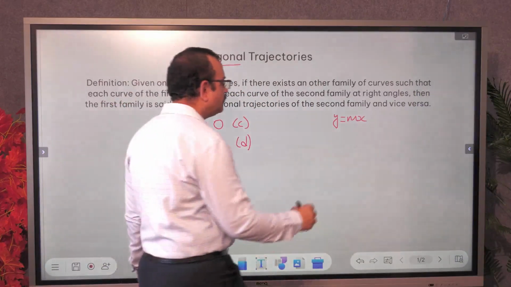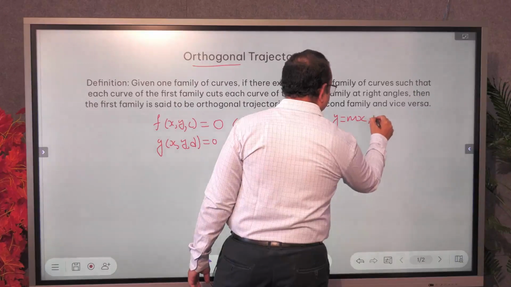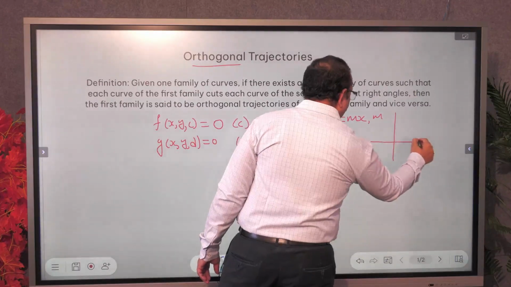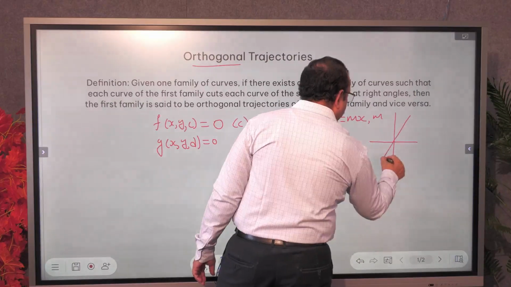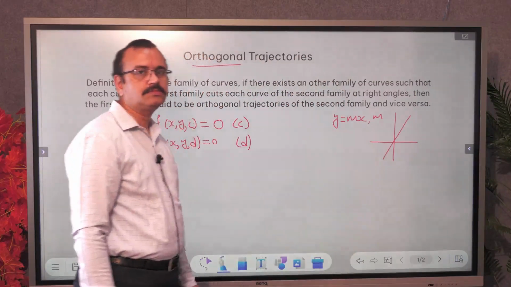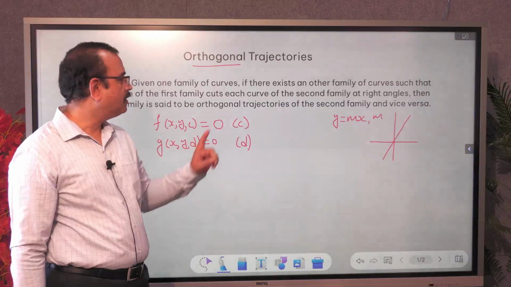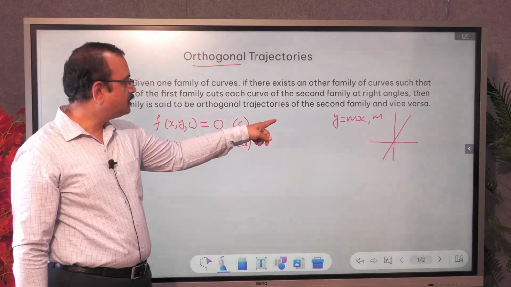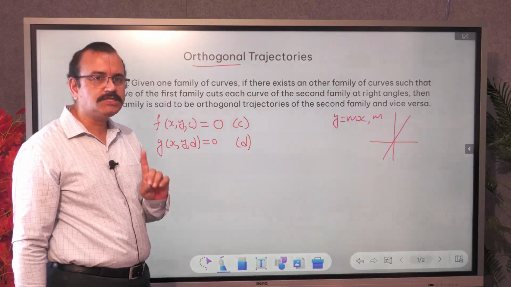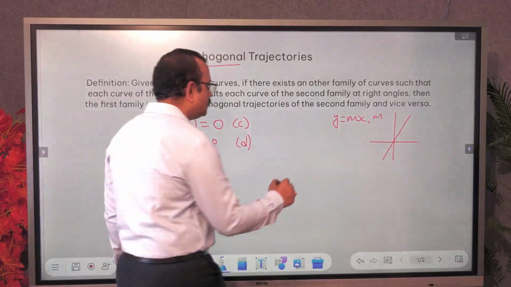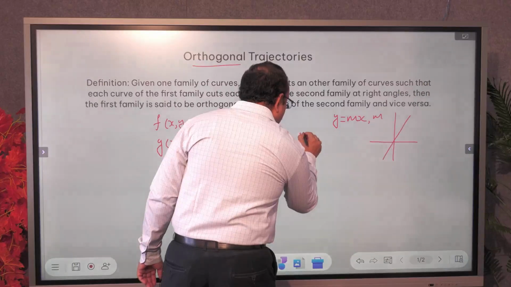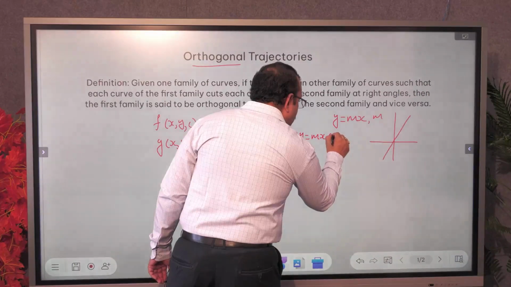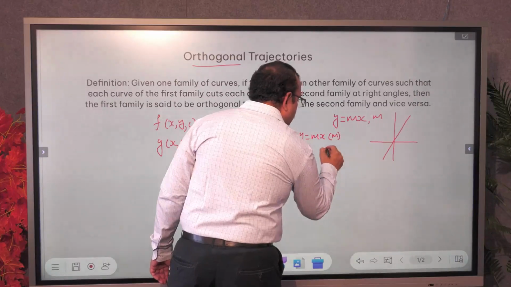If m is a constant, then y is equal to mx represents a straight line passing through the origin. Only one straight line. Now if we have y is equal to mx, where m is an arbitrary constant,